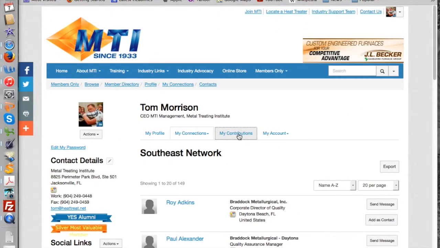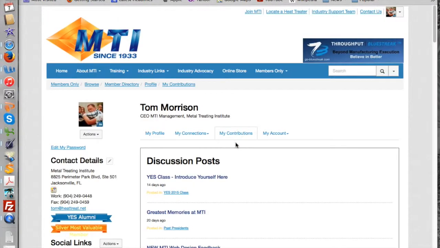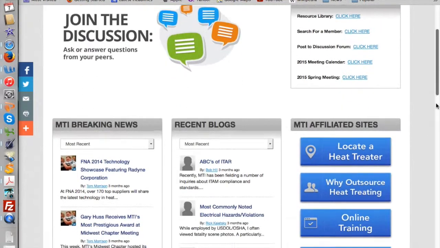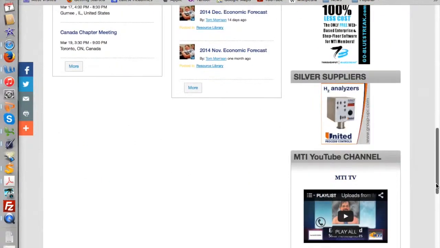Your contributions, if you want to write a blog or you've put in anything, this allows you to see if you've put any discussion posts in. This is where you're going to see all your individual discussion posts. So this tells you how you've contributed to the online place. And then you've got My Account, which allows you to adjust all your settings in here. So that pretty much covers all of the